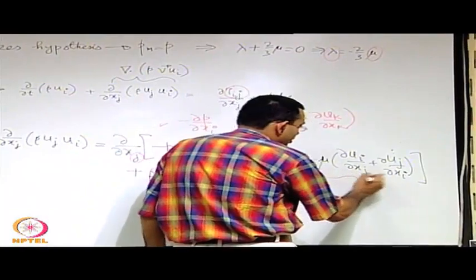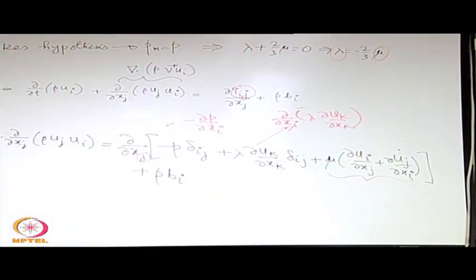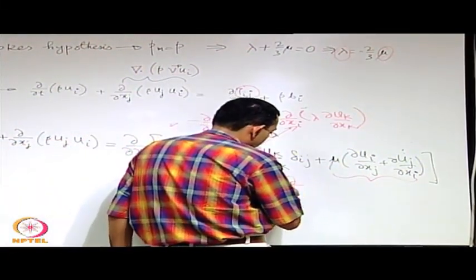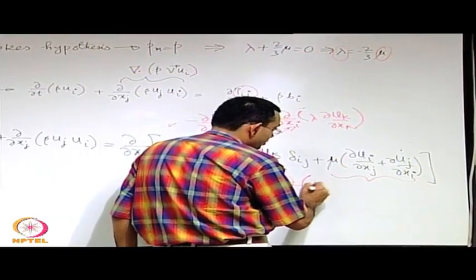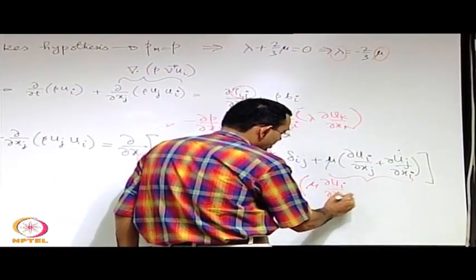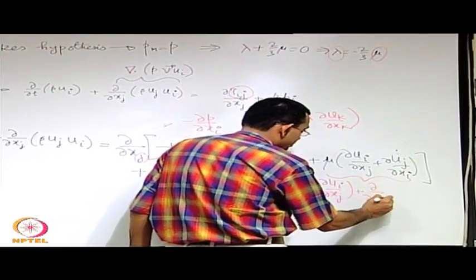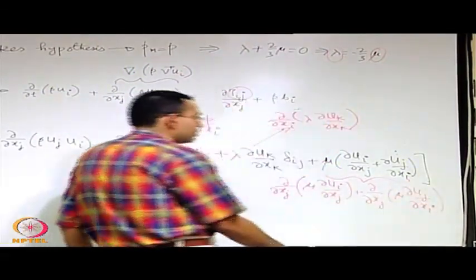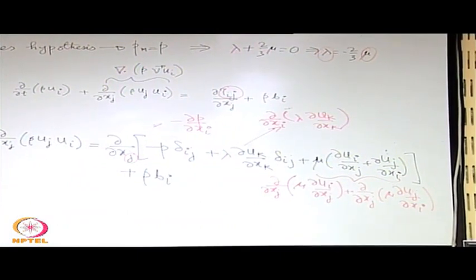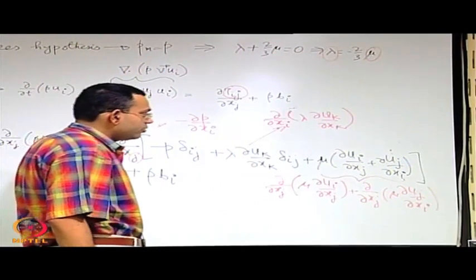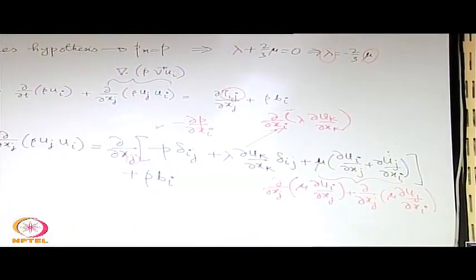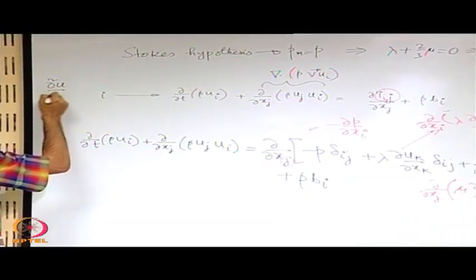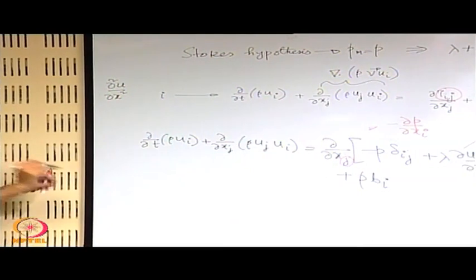For the term in the last bracket, you have basically two terms. The first term is this and the next term is this. Okay. See, when you have a second derivative and you write it in index notation, you have to be very careful. Say you are writing this term. Okay. So, if you write it in an index notation,